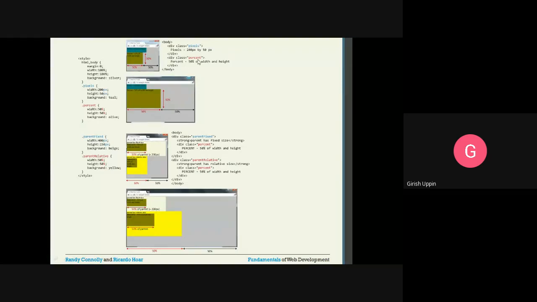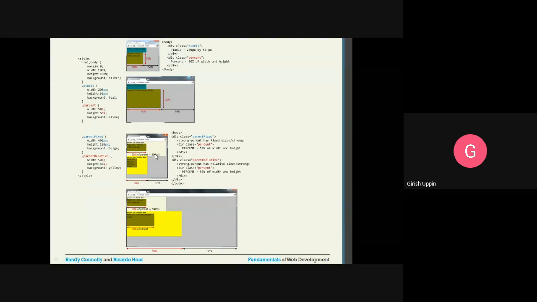Second div percent. Second div percent is this. Width is 50%, height is 50%, background color is olive. So this is the one. Now what happens is whenever you resize this, this top div will remain as is. The below one will change according to the parent, because this is a percent. Percent is according to the parent. Width would be half of the parent, height is half of the parent, and color is olive.